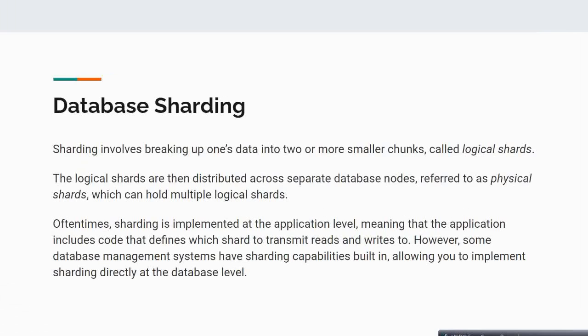So in this video we will be learning about database sharding. So what is database sharding and why do we need database sharding? Basically, database sharding is a way to reduce load on a single server or a single database. So that's the idea. Let's say you have a single database and it handles all the load and all